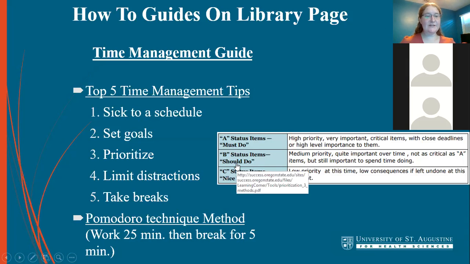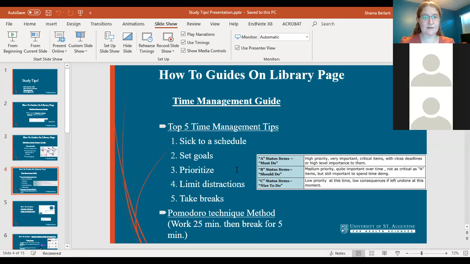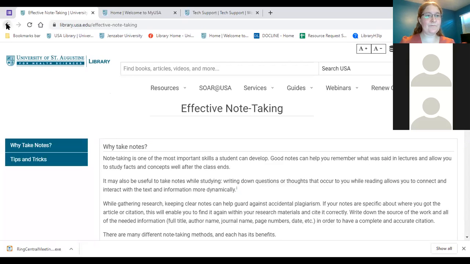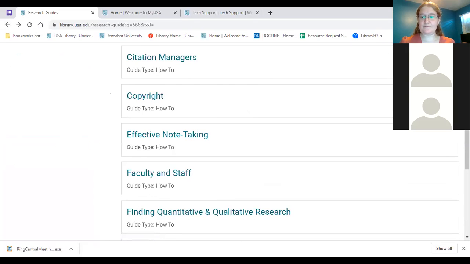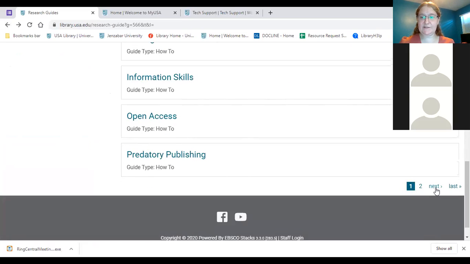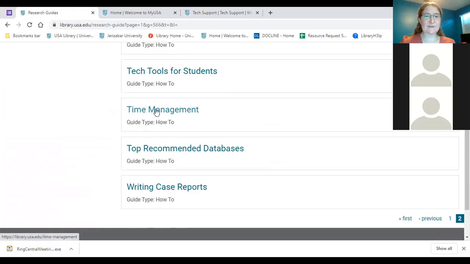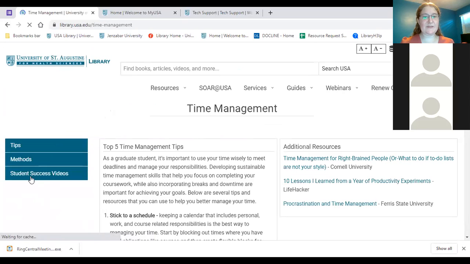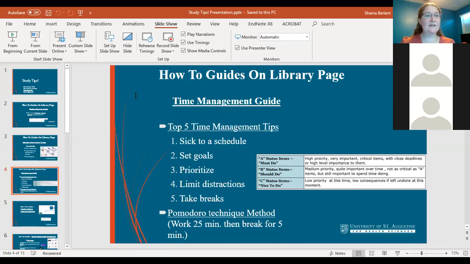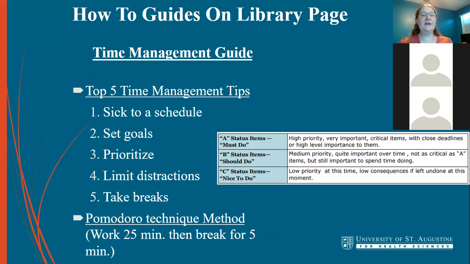Okay, so our time management guide. That's actually on the website. Let me show you where it is. So our time management guide is located on the second page. If you go down, you'll see our time management guide. It includes a lot of really fun information and good things to use. So important things to take away from the time management guide are the 5 main tips, which are stick to